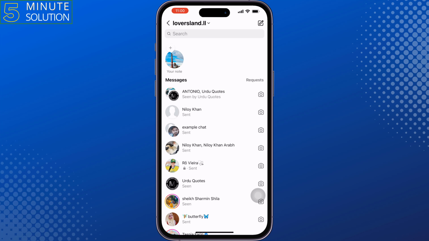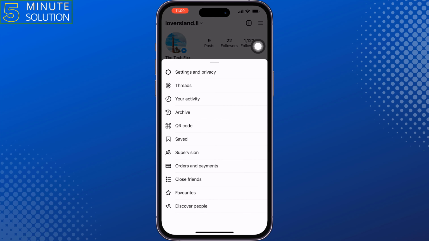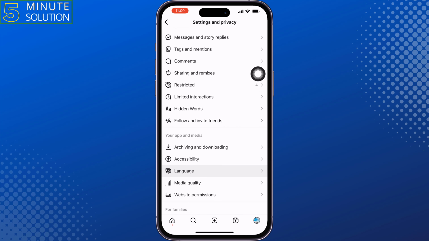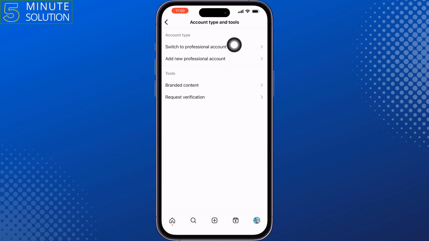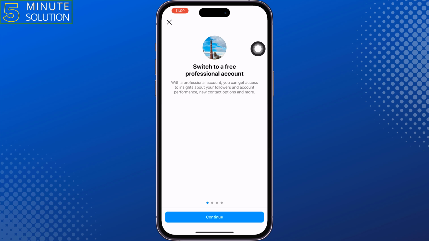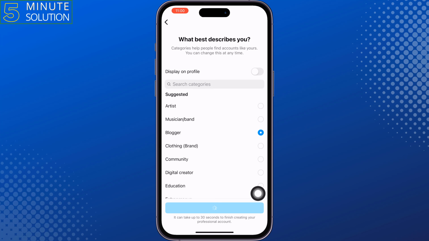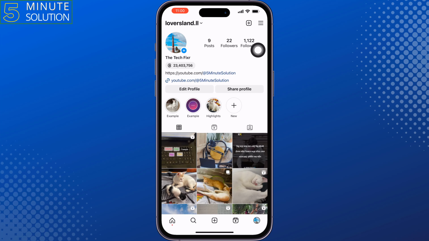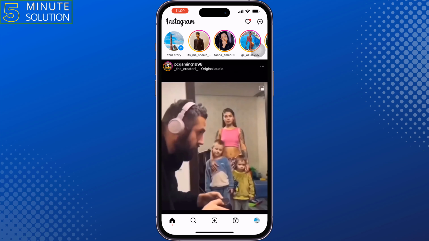So go to your Instagram profile, tap on this menu icon, settings and privacy, scroll down, tap on account type and tools, tap on switch to professional account, continue. Now tap on this cross icon, and once you've converted your account to a professional account, now go to your